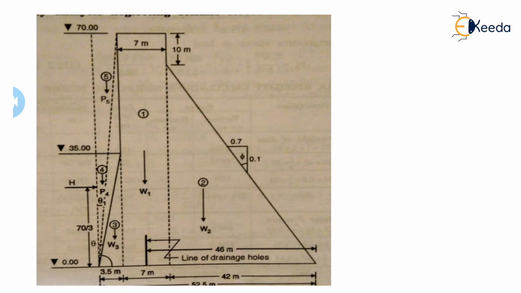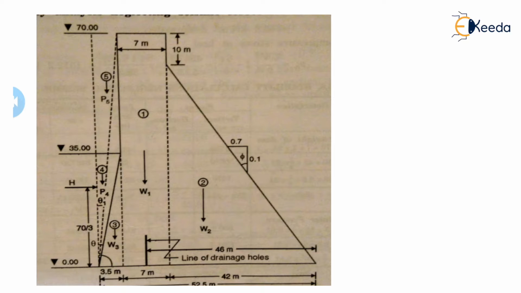And here we have to take the unit weight of water, because this force is composed of the water pressure only. That's why here we are taking the unit weight of water only. So multiply by 9.81. So that force which is acting in the vertical downward direction, which is composed of the water, that force will also be found. That is considered as the water pressure acting vertically downward. This is denoted by P5 and P4.